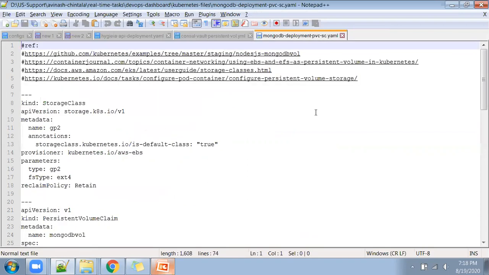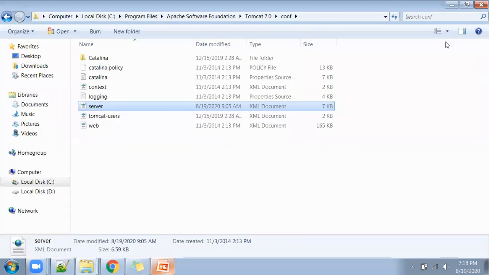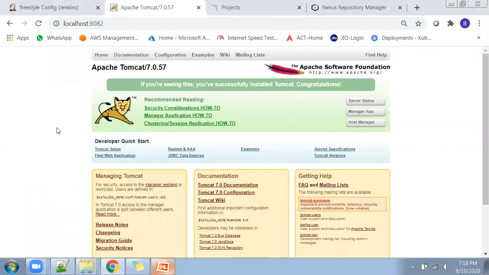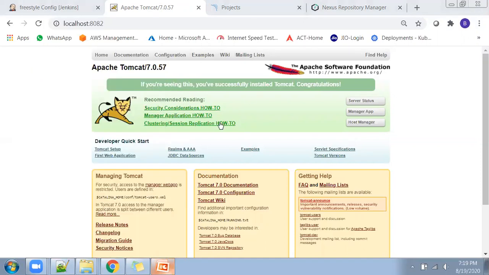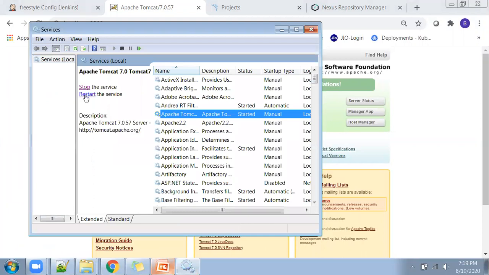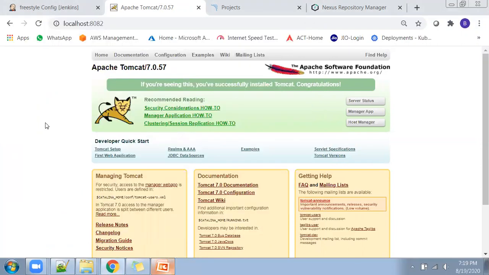Whenever you do configuration changes, Tomcat definitely needs a restart. So you can restart Tomcat. How can you do it? If your machine is a Windows machine, you can click on the Start button and type services.msc. In that, you can select Apache Tomcat and click on Restart so that your Tomcat can be restarted. But if it is Linux or Mac OS, you can simply run a command called service tomcat restart, or any other relevant command depending on the operating system. In this way, you can change the port number of Tomcat.